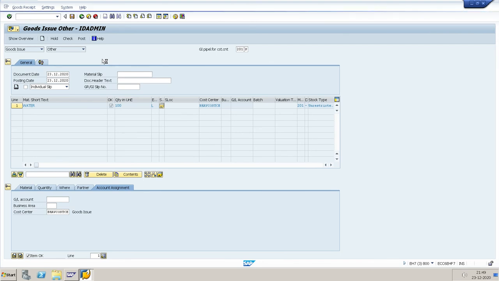Next step is for settlement. Before the settlement, you update the condition type for the settlement.